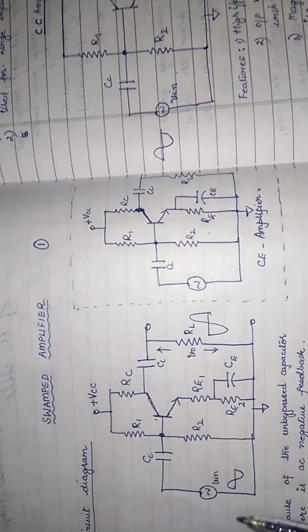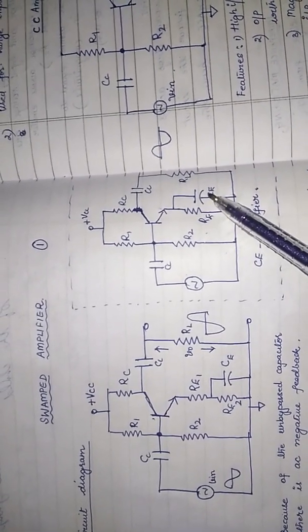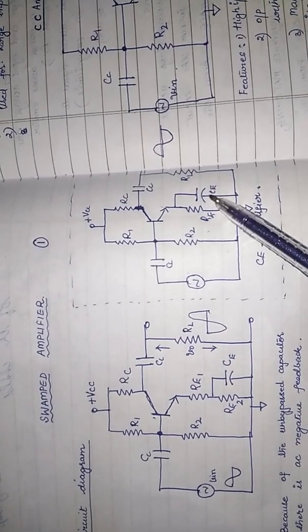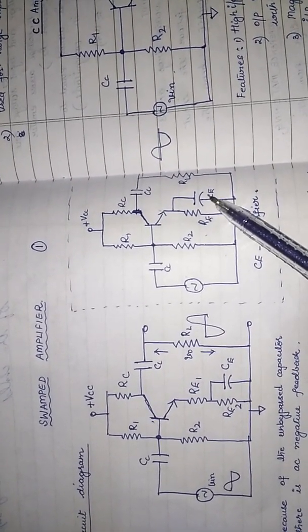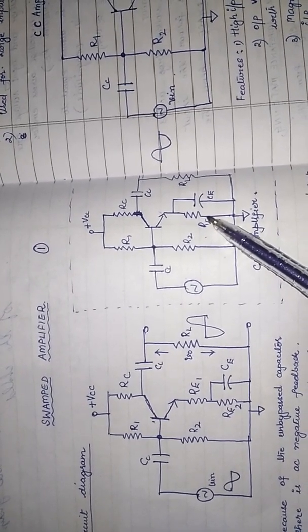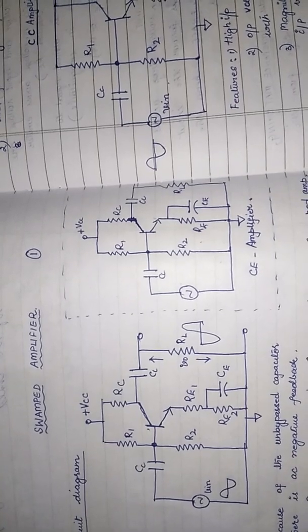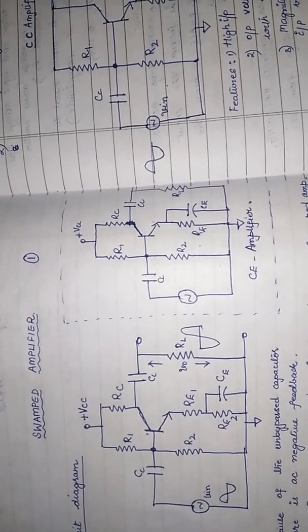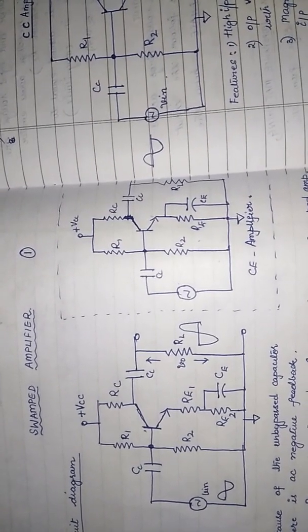Okay. So then how is it different? So you know what is the purpose of the bypass capacitor? The bypass capacitor blocks DC, allows AC, and the bypass capacitor is used here to avoid AC negative feedback. So if you avoid AC negative feedback in a CE amplifier, what is the effect? The effect is that the gain will not be affected, that means the gain will not drop.